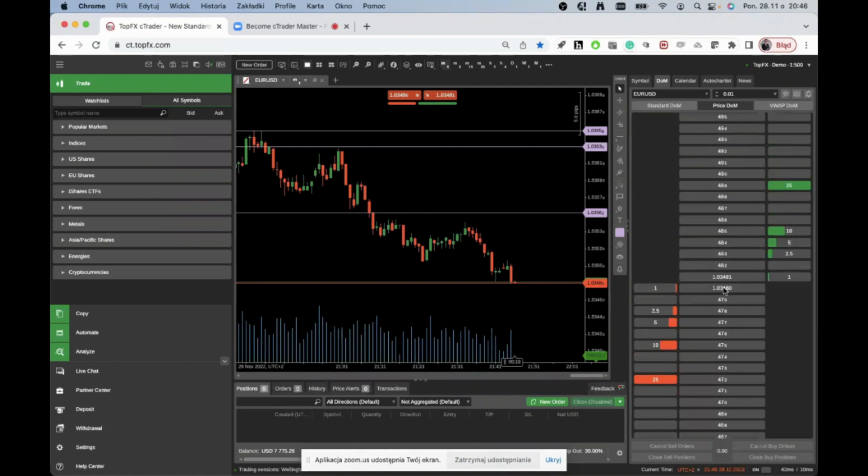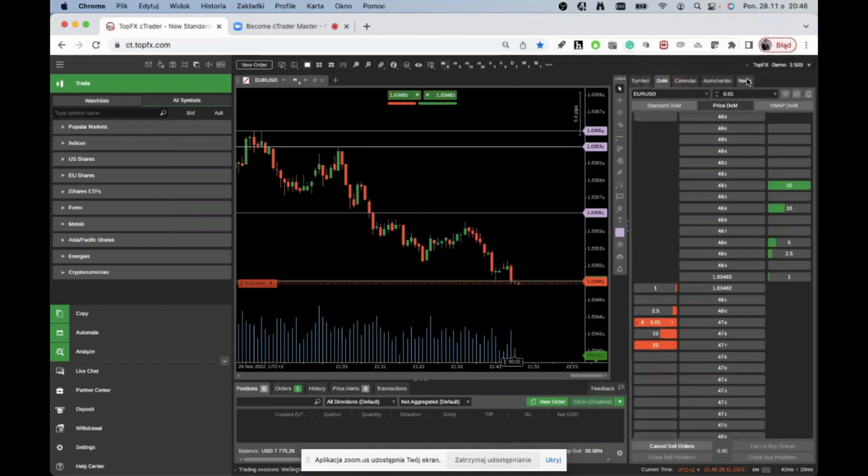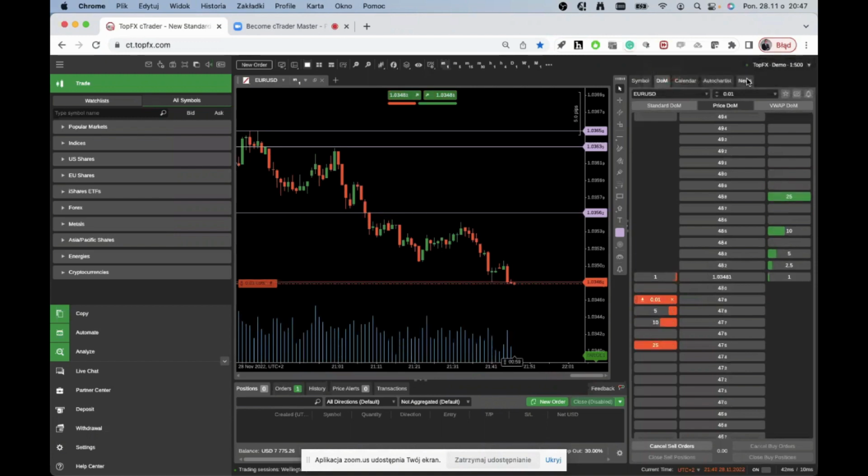So let's say we want to sell at 47.9. Sell stop is of course the order we want to use. 0.01 lot, 1 micro lot order, pending order has been sent to the